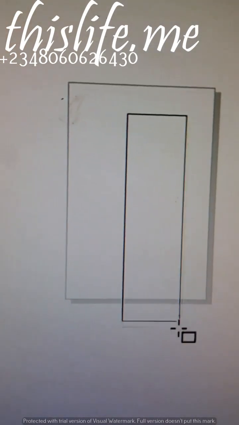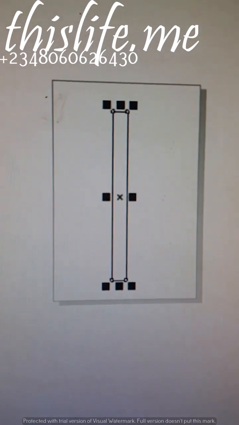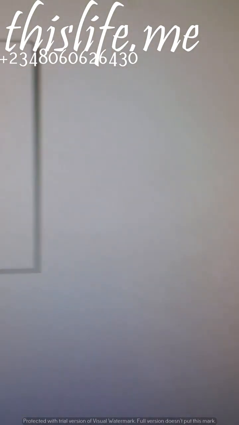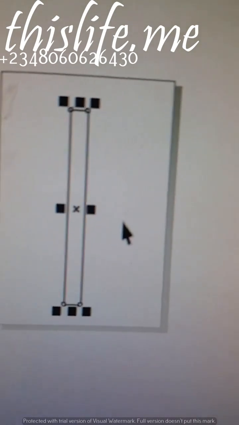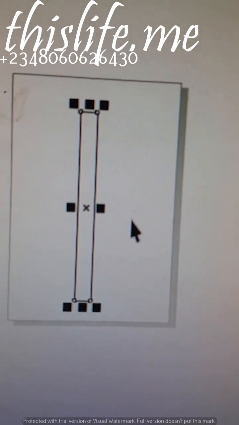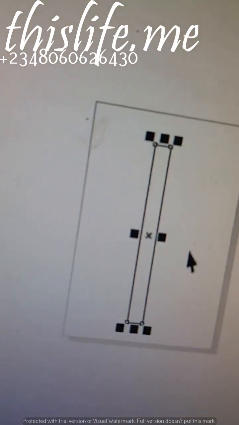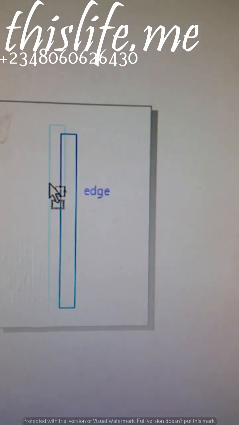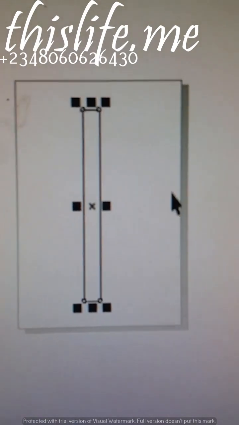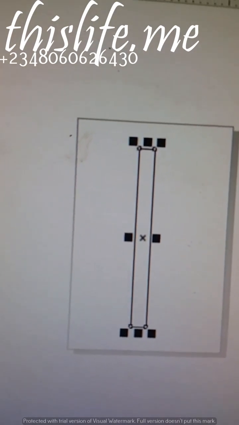To do that, let's first bring in a rectangular shape in this format. To make this rectangular shape rotate, or move in a circle, we need the transformation feature in CorelDRAW to achieve such a feat. Depending on your version of CorelDRAW, the particular version here is 2019, that will determine where the transformation feature is located. In case your version is not 2019, all you need to do is look for it by checking all the menus.